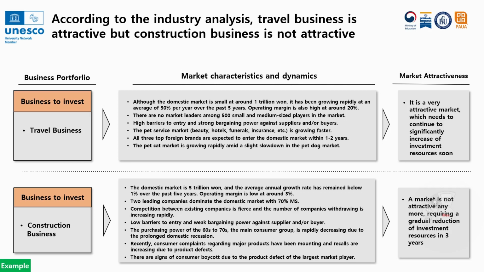So our analysis should include the size of the market. Okay, in this case, the domestic market is small at around 1 trillion won. And also you have to mention whether it's a growing market or not. So in this example, it's been growing rapidly at an average of 30% per year over the past 5 years. So it's been growing so fast. Especially if you are interested in building a business strategy as a founder of a startup,